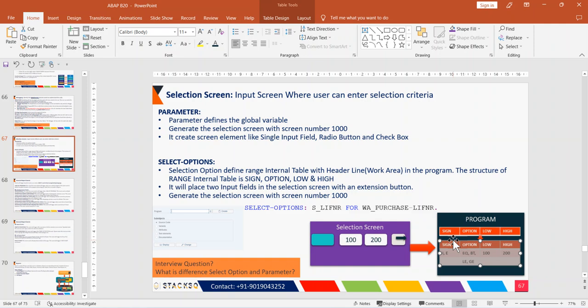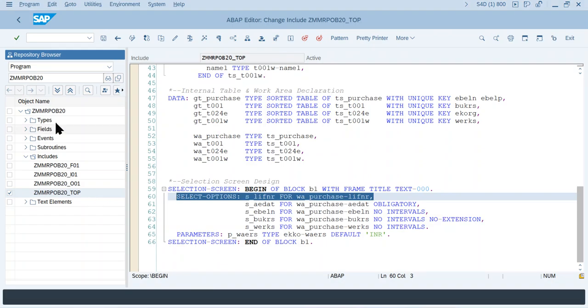We don't have to define them. That is why you are directly using them as a part of the code. And now you are clear why I'm first filling it to the work area and then